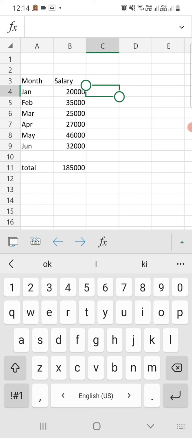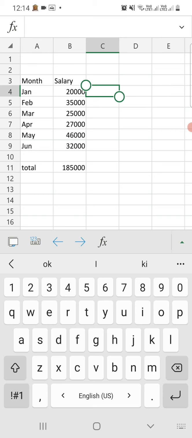Type equal to B4 plus Sheet1 D4. To add the incentive amount of cell D4 of sheet 1 with the salary of cell B4 of sheet 2, press the enter key. Type equal to B4 plus Sheet1 exclamation D4.